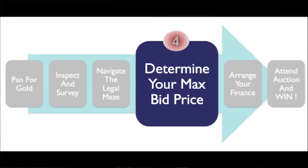Step 4, determining the maximum bid price. So enlighten me a little bit more. How do you do it? I mean, you outlined a few reasons why you need to do it. How do you do it? Take the emotion out. First of all,